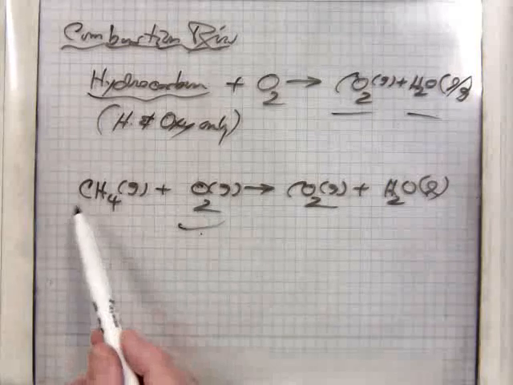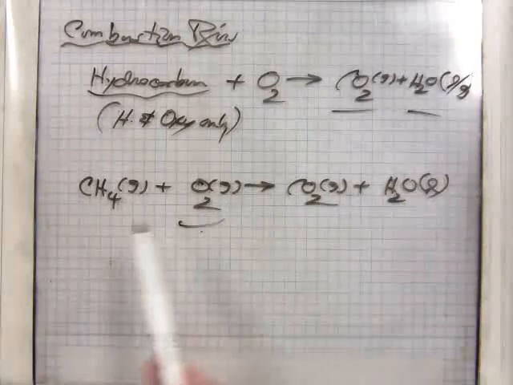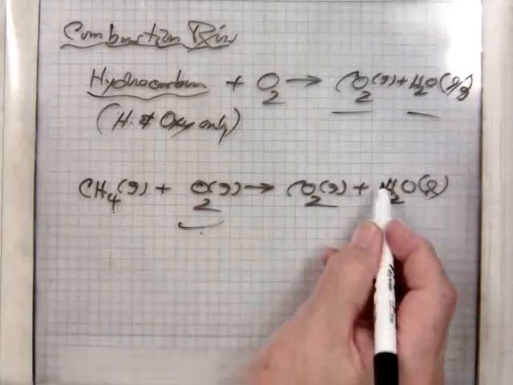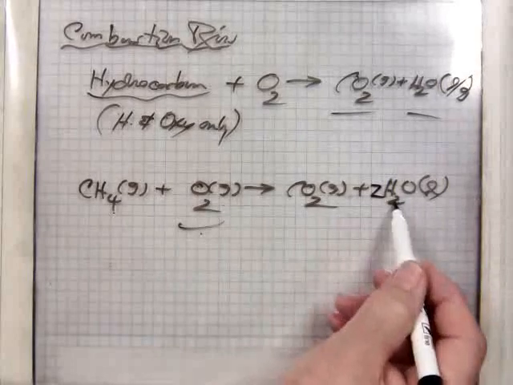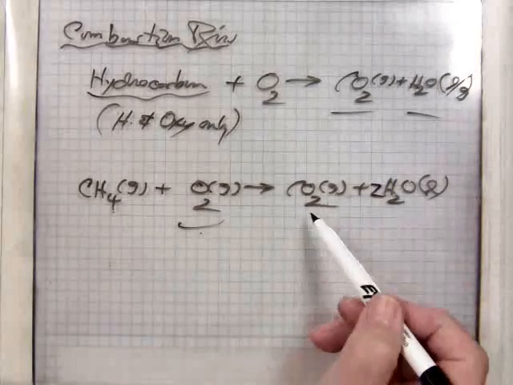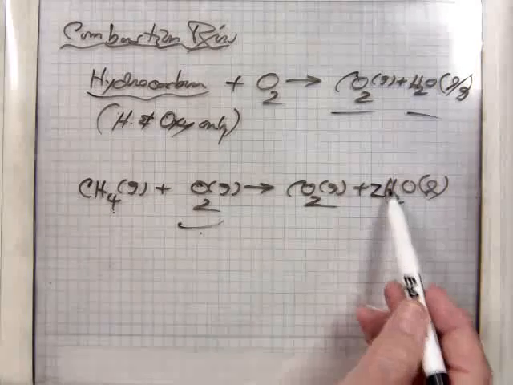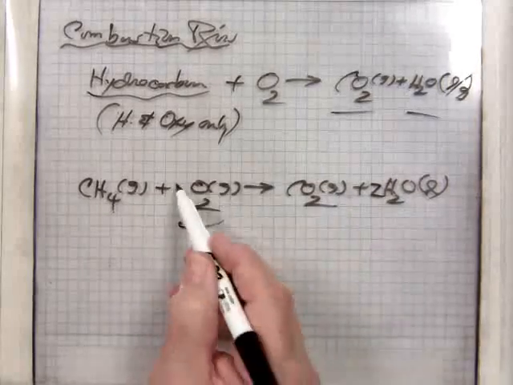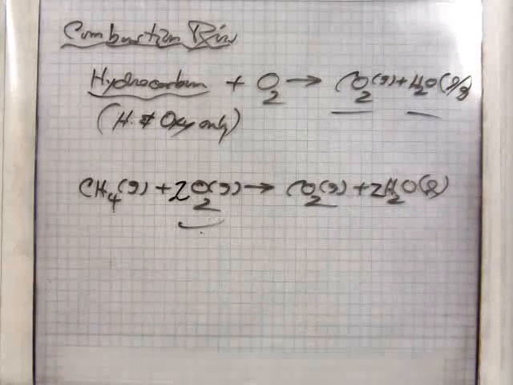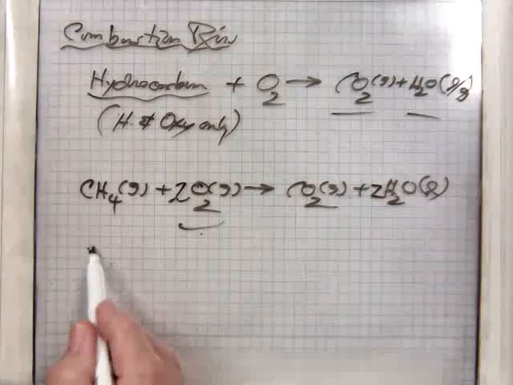For example, carbon is 1 and 1, but you got 4 hydrogens, so you have to increase your hydrogens by putting a coefficient here. But what does that do to the oxygens? You got 2 and 2 is 4, but you got 2 over here. So by saving this to last, I immediately see that 2 of those will balance that. Let's see if I can